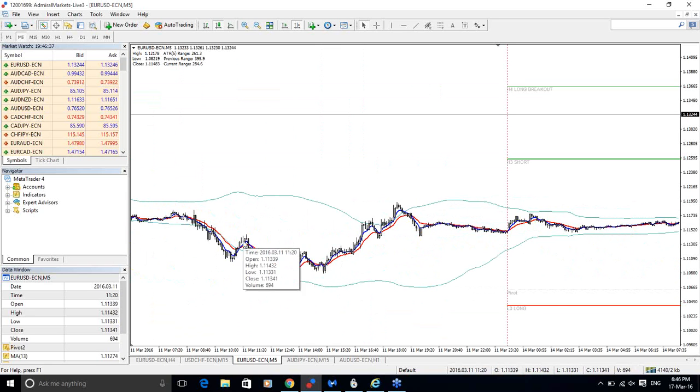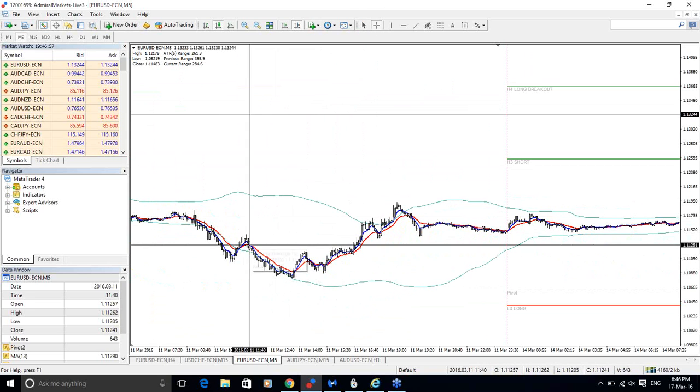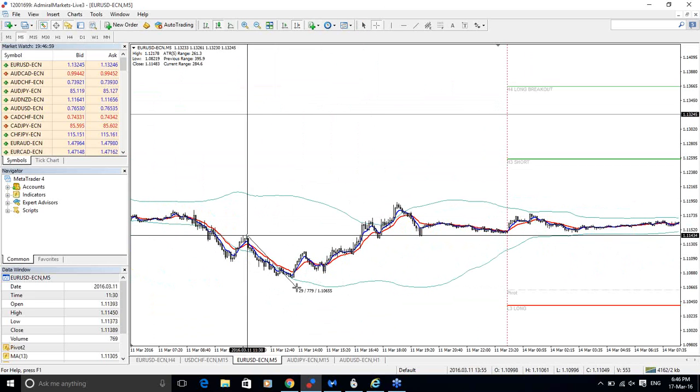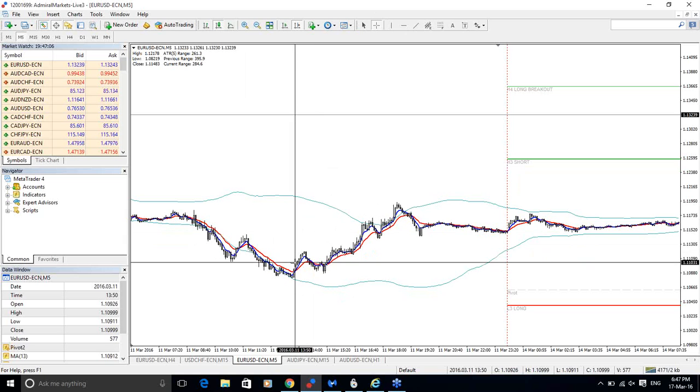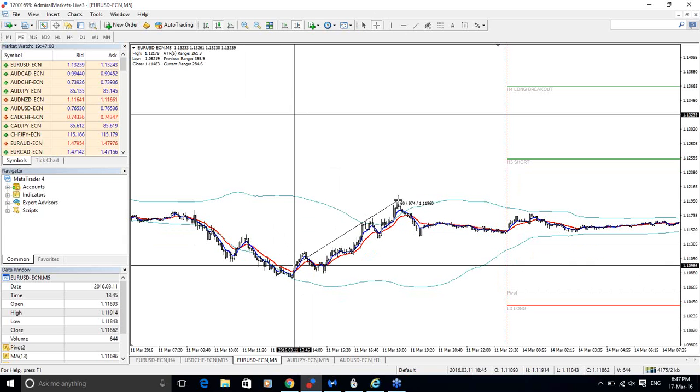Trend entries are like this. First we see price below the moving average, then we see a cross of the moving average inside the Bollinger Band, and even here, see, it goes strongly to the upside. So here it could be a first entry, here it could be a second entry. Even though the first entry had a bit of drawdown, it would still have been possible to make some pips. See here, 50 potential pips, and on this cross, even more.